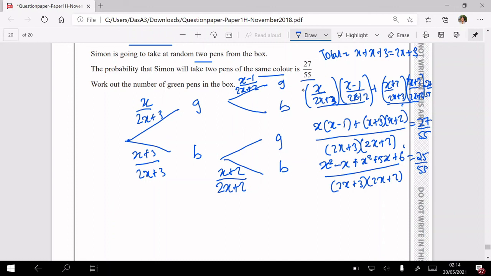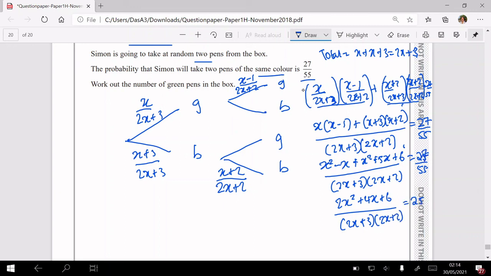That means 2x squared plus 4x plus 6 over the bracket 2x plus 3, 2x plus 2 is equal to